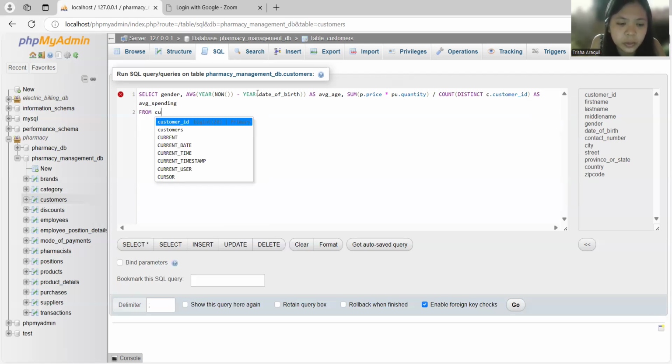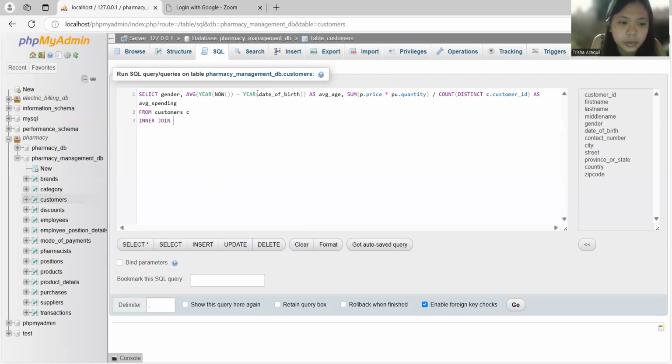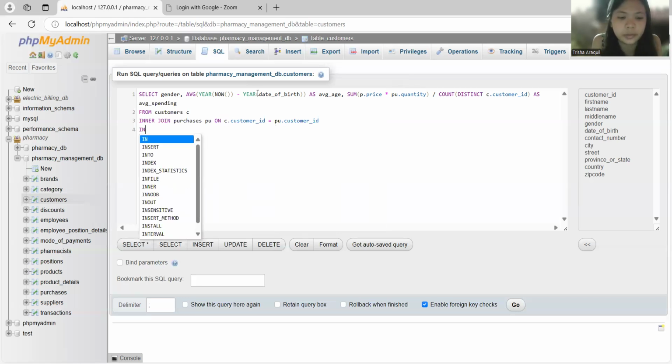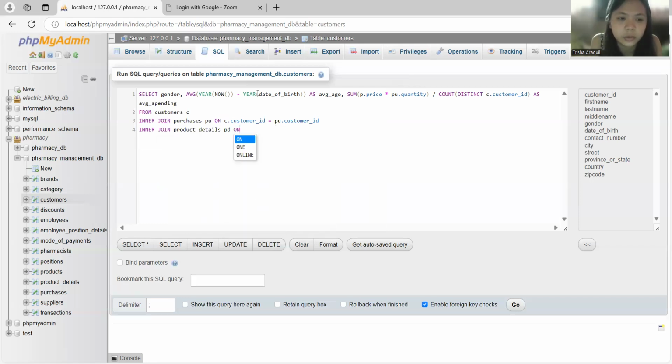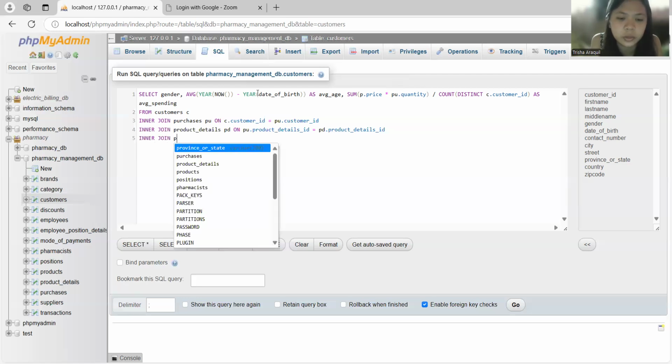from the customers c inner join purchases on customer ID equals fill the customer ID, then inner join product details on purchase product details ID equals PD dot product details ID, inner join the products